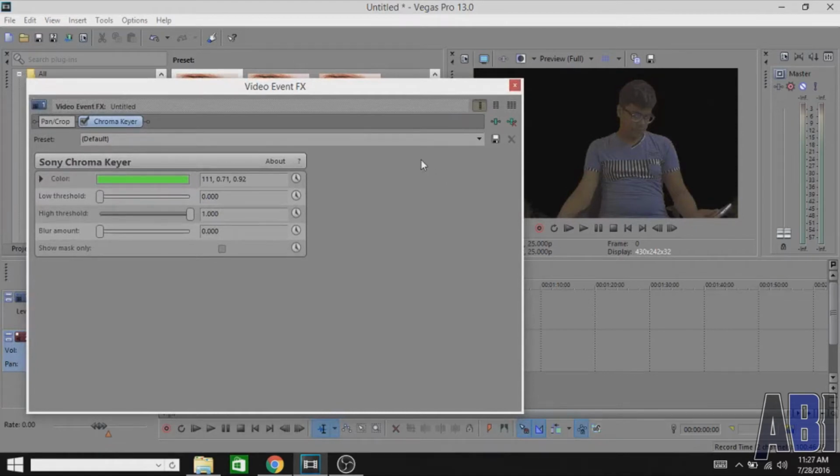Sony Vegas is not that much good in removing the green screen, so you have to mess around with these settings to make it perfect. Okay, so you have to mess around with this kind of settings to make it a perfect green screen. As you guys can see, this is the best settings I think for now. Okay, that's great. Right, so as you guys can see, it's the perfect setting for now, and I'm gonna close